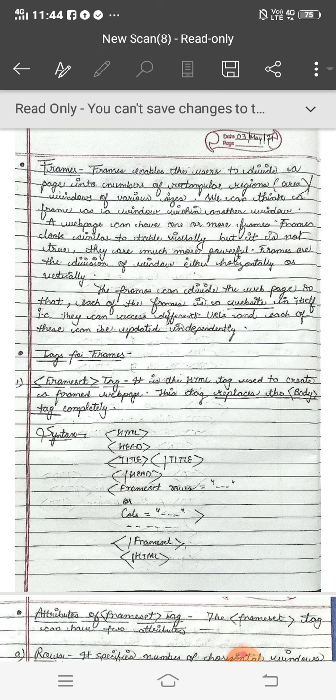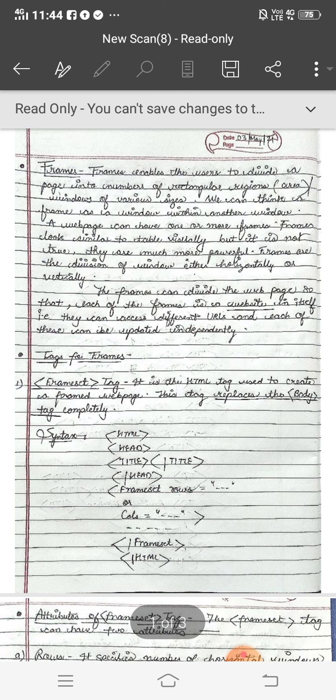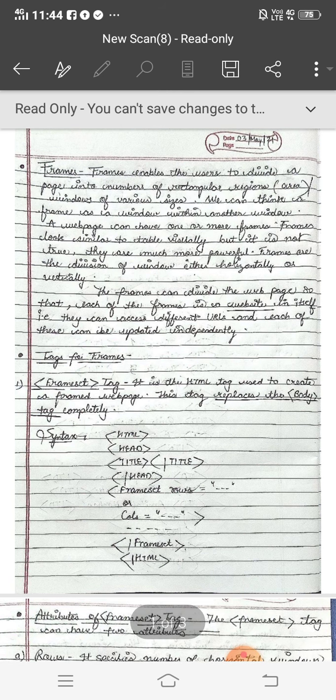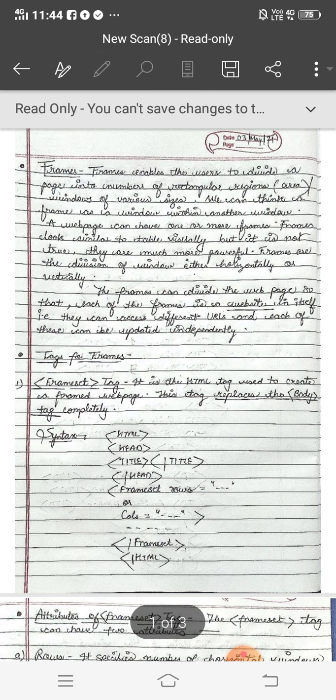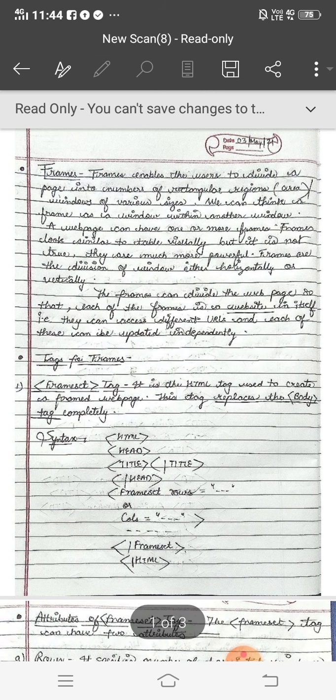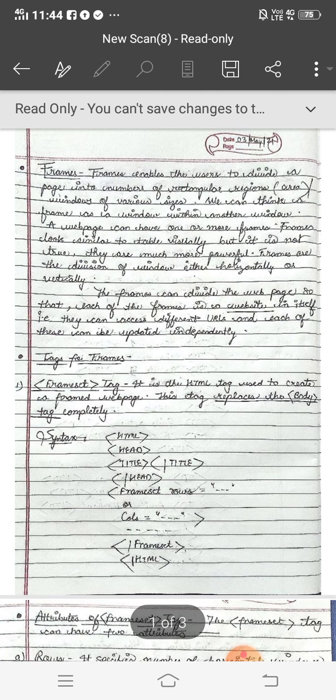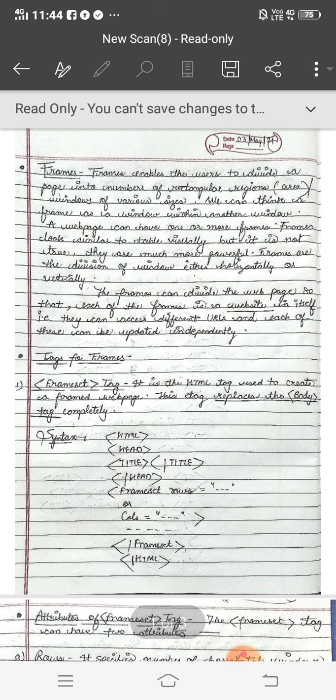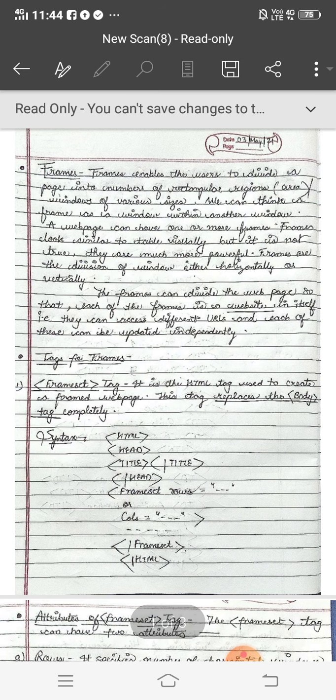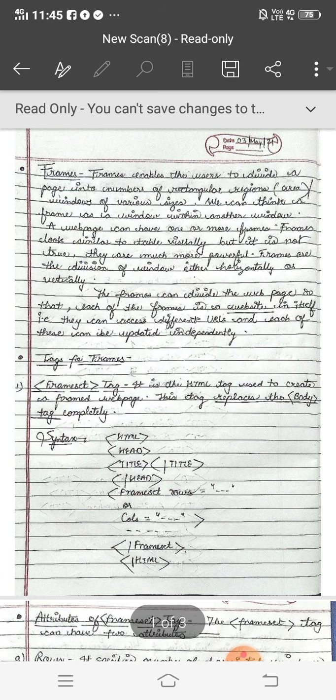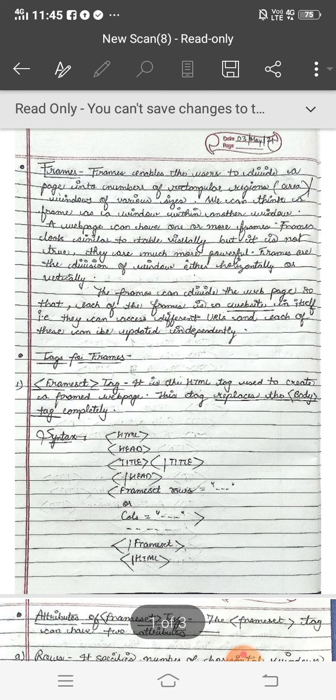It is important to note that for using frames the body tag is not used, because a frame is itself a body, a window, an area, so there is no need to have a body for using frames. Simply, the syntax will be: html, head, title, end head, then frameset, no need of body. Frameset with attributes, which I will discuss later, rows or cols. Afterward, end frameset, end html.